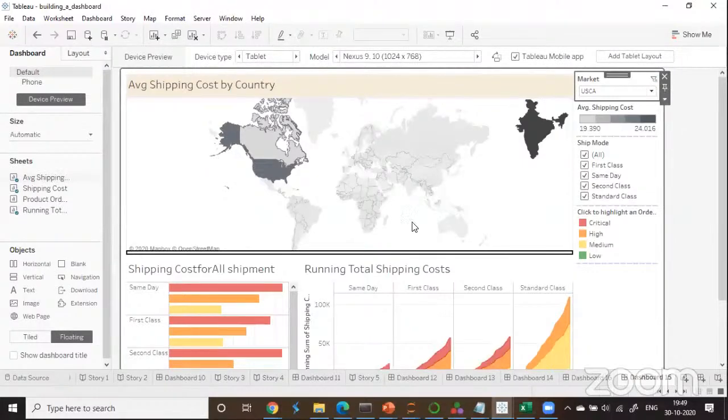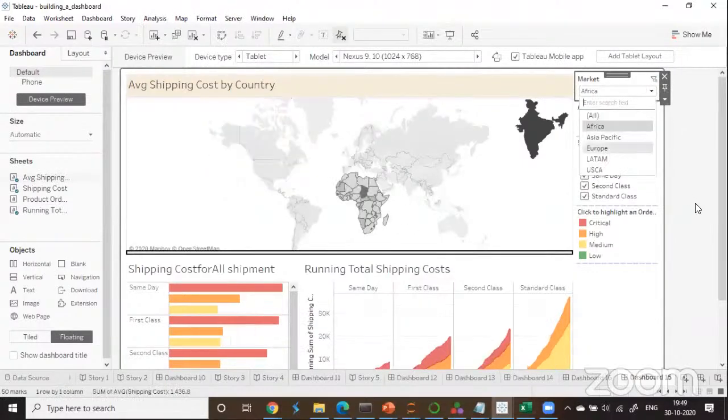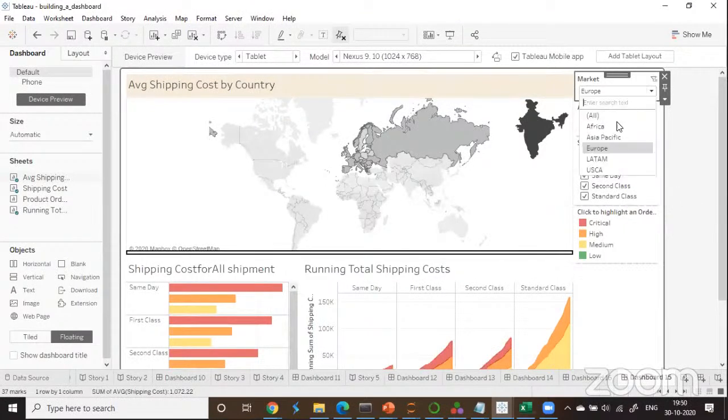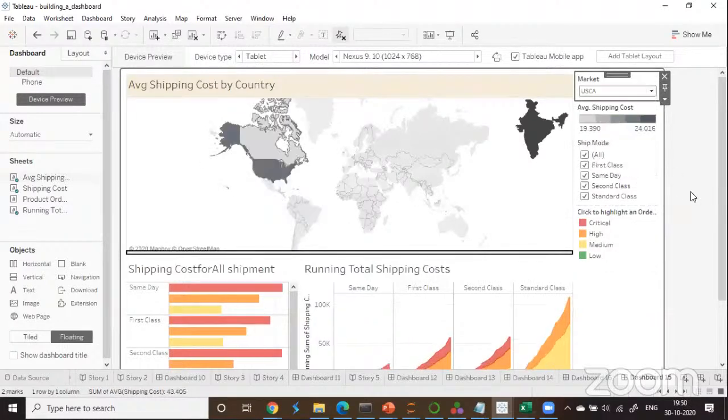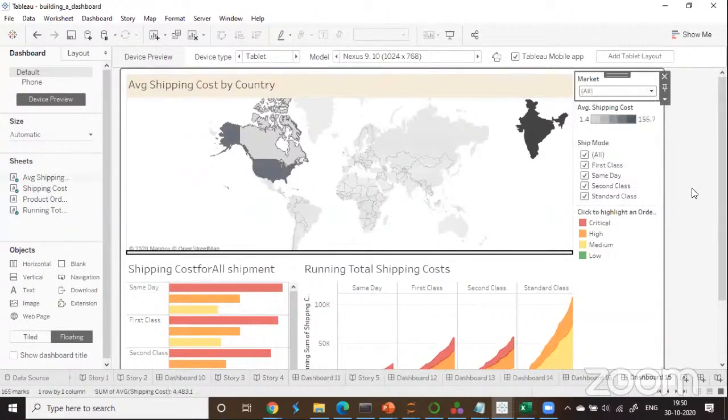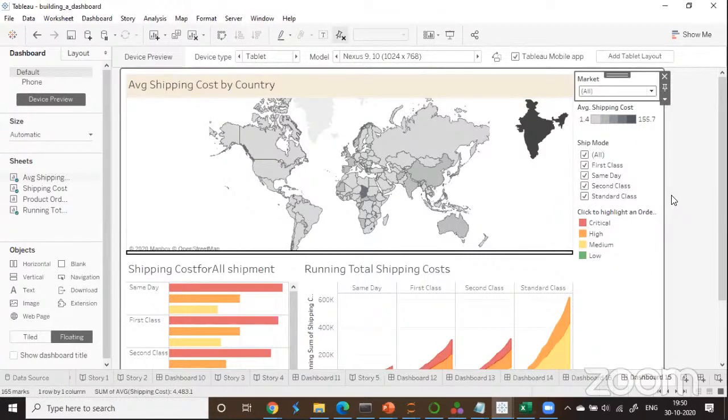So both my sheets are going to change. So that is the logic. So I can go and select all options and it is going to take me back to my original state. So that is how you can make it interactive by making use of these filter options that you have,